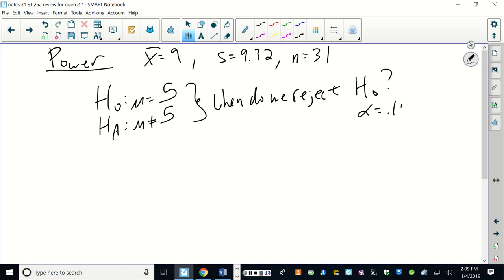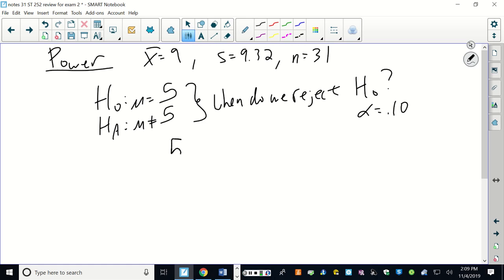At a 10% level. What type of x bar would lead us to reject? So power, first step is to calculate where we reject, right? And then calculate the probability of that under the alternative. Right? So we would reject if x bar